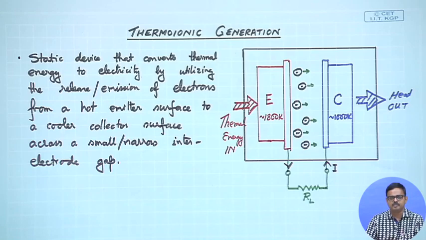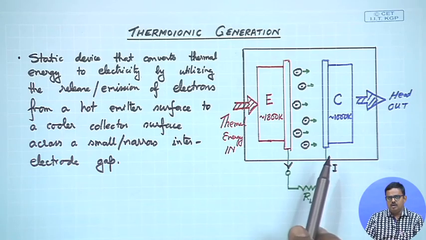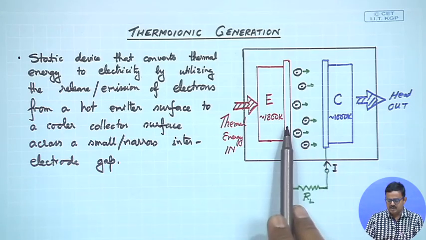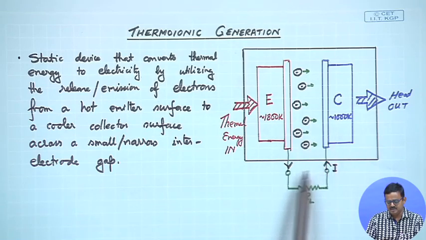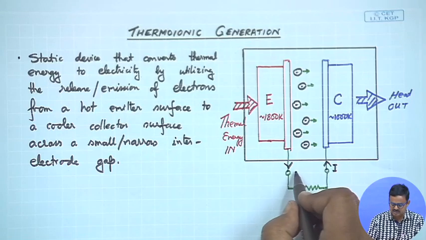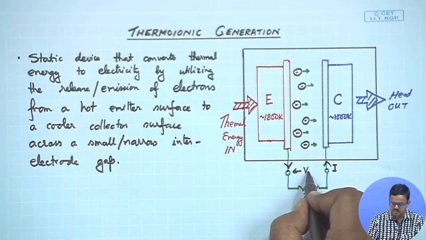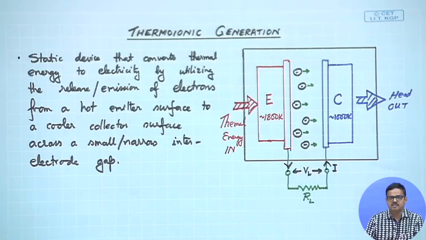Clear? So, why? Because as there is a movement of electrons from the emitter to the collector, a potential difference is created across this. So, you will be able to measure a voltage across,